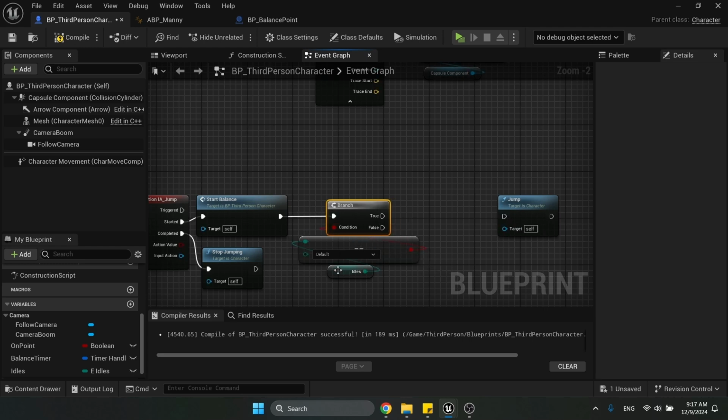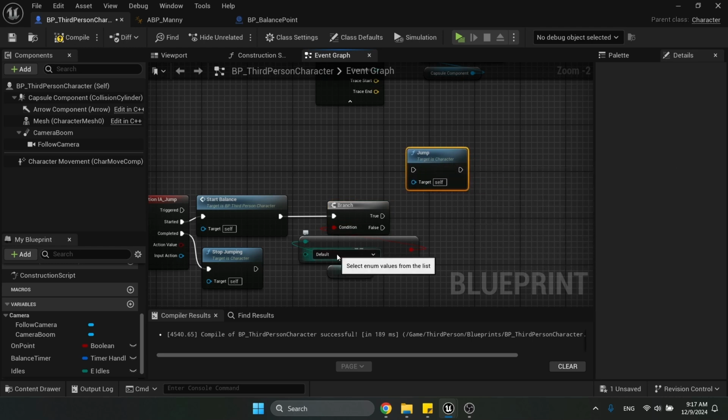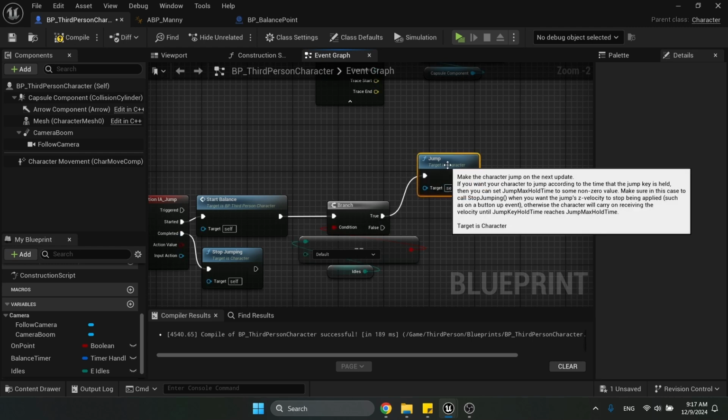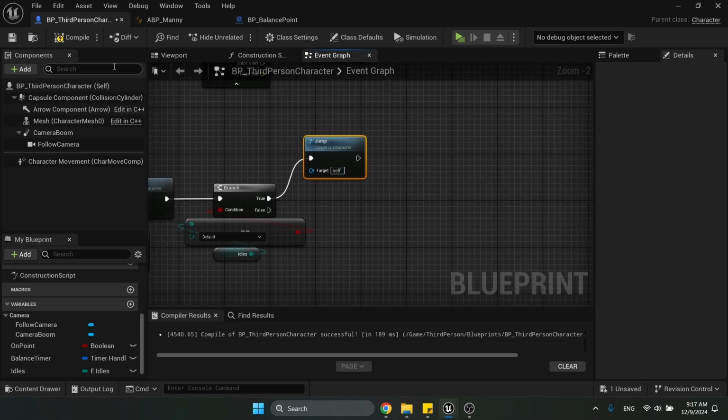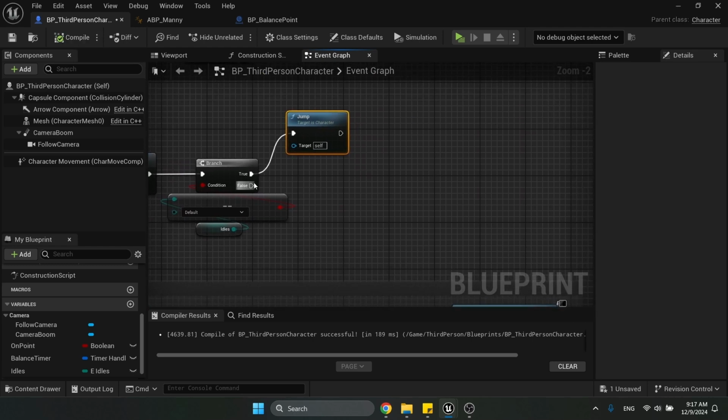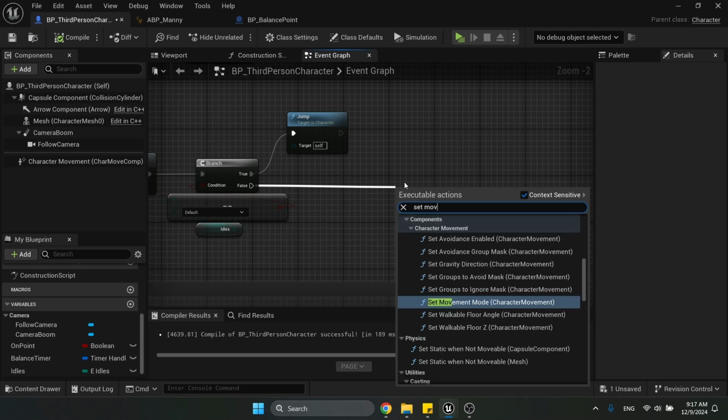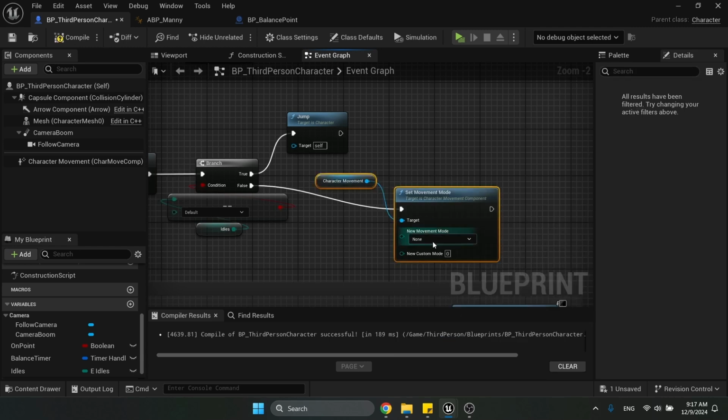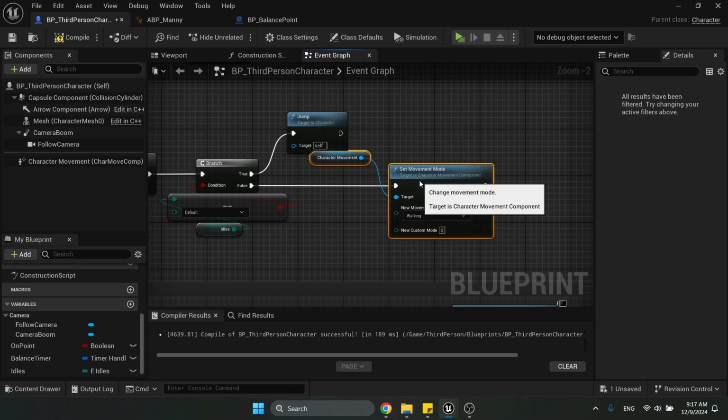And that branch is going to say if we are in the default, which again is a different default than what is playing in the animation. So this just really means if we're not in the 1 or 2 feet idle animation. So if we are at the default, we're just going to select jump off of our true branch. And if it is false, we need to change our movement mode back to walking. Set movement mode back to walking,